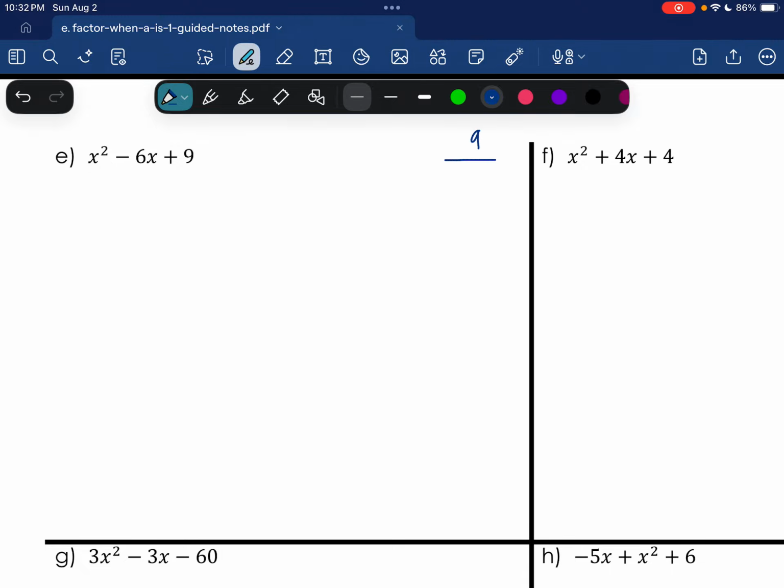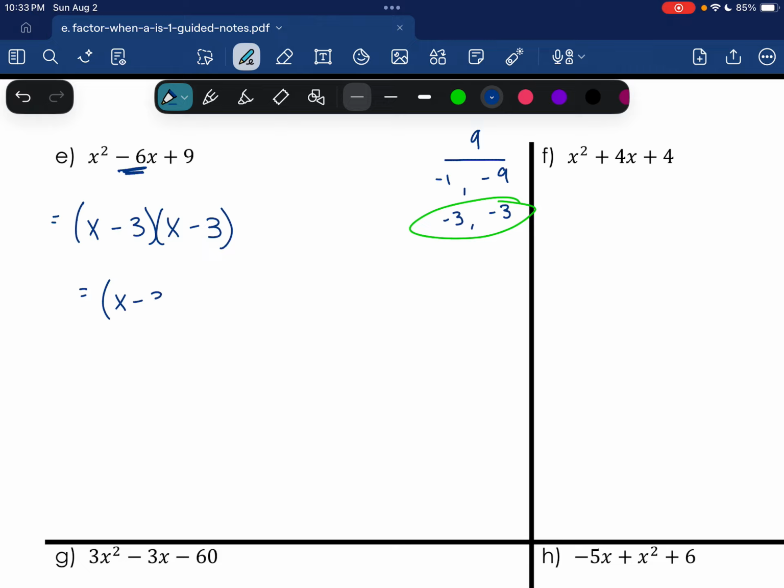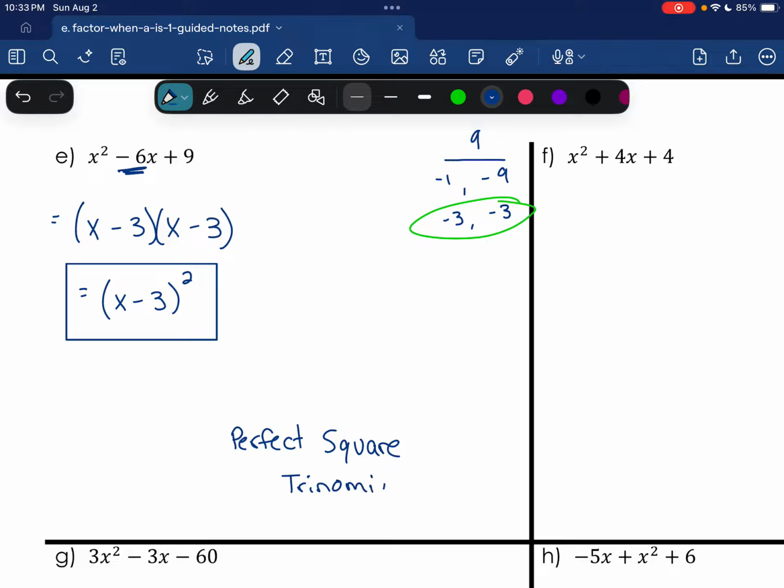So we could have actually saved ourselves some time and just jumped straight, if we realized this is a perfect square trinomial, we could have just jumped straight to this factor form. If we recognized that our trinomial was of that form, a squared plus 2ab, or in this case, minus 2ab plus b squared. So, keeping that in your hip pocket, did you notice that this next one was also a